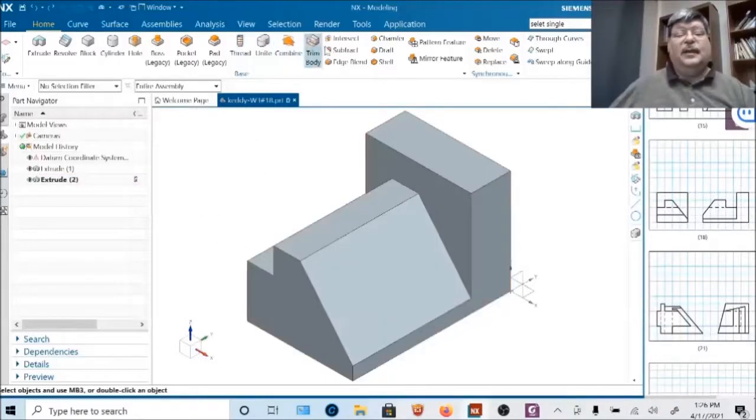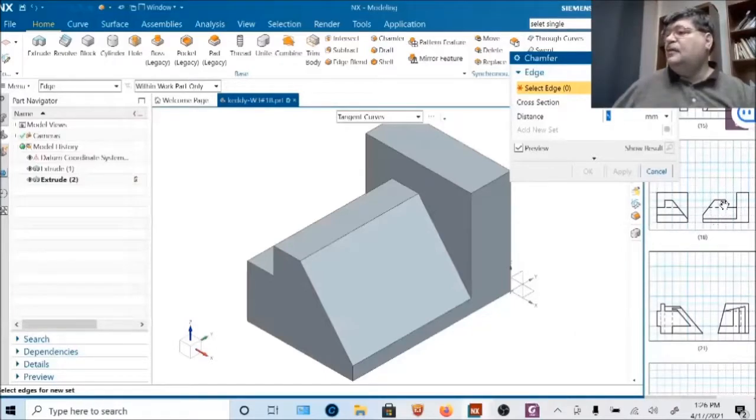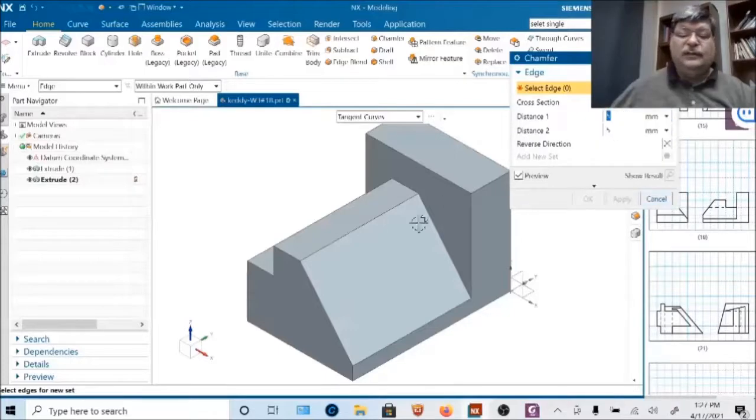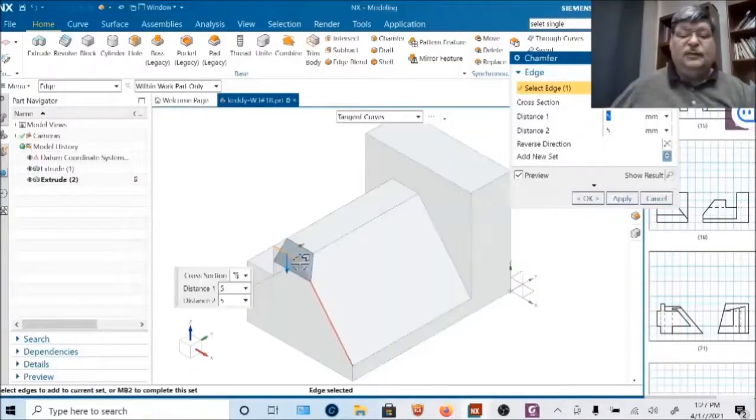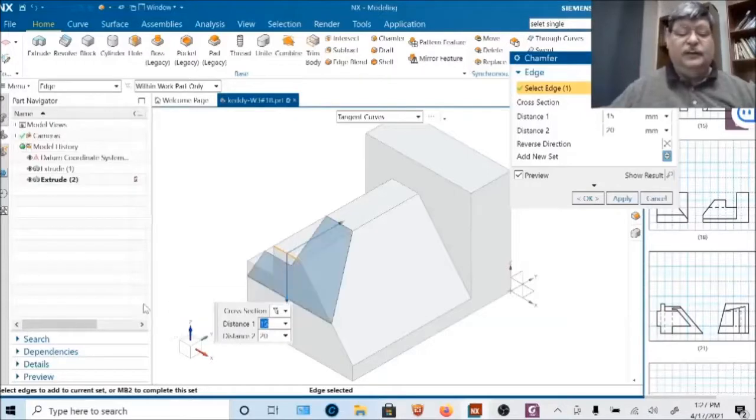And we could do that with a command like, where's it at? Chamfer, here it is. So chamfer, and this chamfer is not symmetric, it's asymmetric. It's 15 horizontally and 20 vertically. So I want an asymmetric chamfer. This is the edge that's being cut off. So one is 15, one is 20, and I can never remember which one is which, so I just put in 15 and 20. If that doesn't look right, no, it's got 20 here,